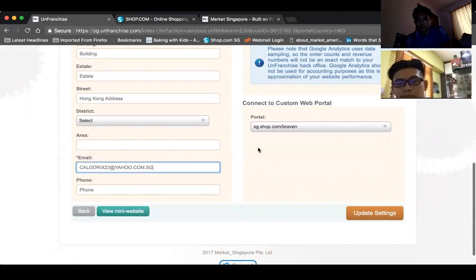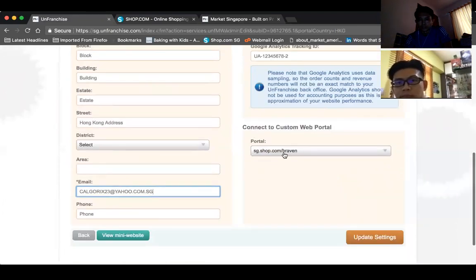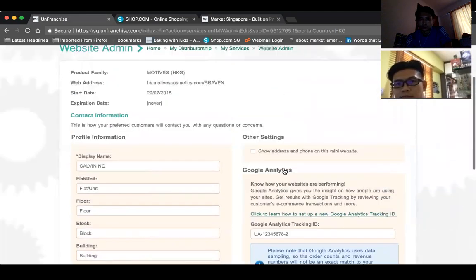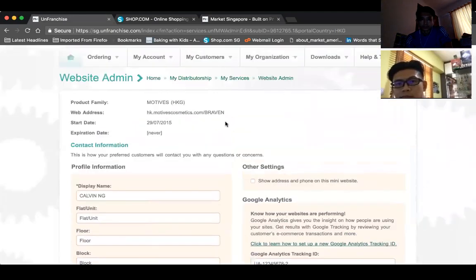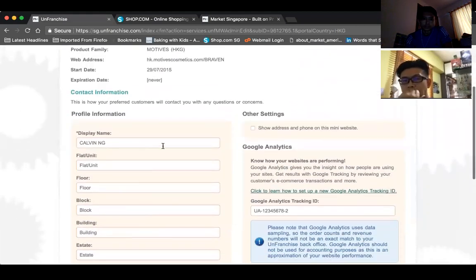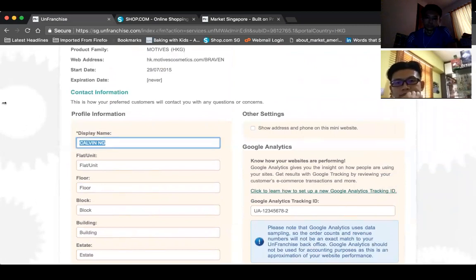You still need your email and stuff like that. And then of course, you connect it to which custom web portal. It's always about going back to your own self. Okay. Right? So far so clear? Okay. Now this one, you can see that I just put Kelvin, right? You can actually change this again as per